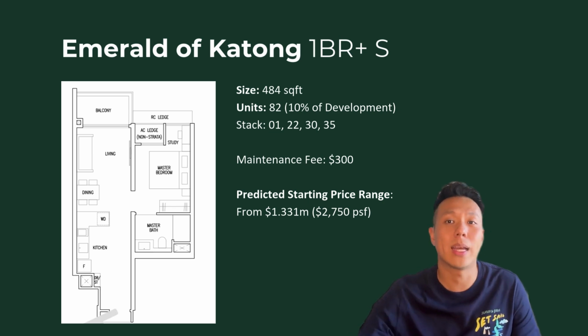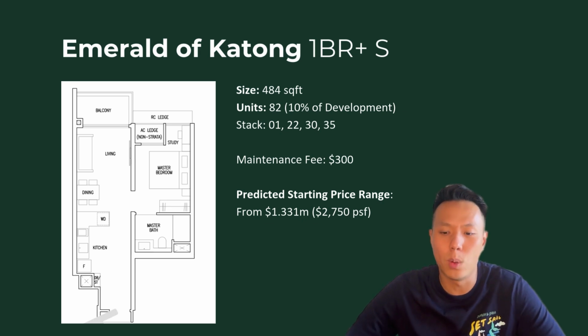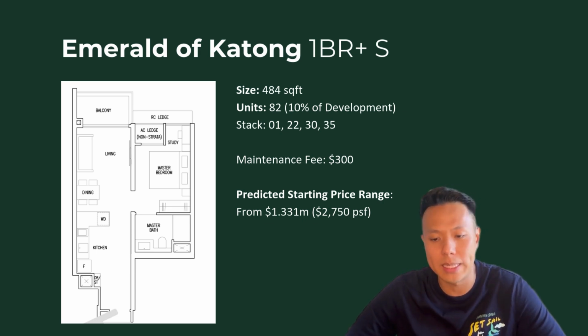Now, let's take a look at the 1-bedroom plus study layout. So the 1-bedroom plus study, there's only 82 units, which accounts for about 10% of the whole development. There's 4 stacks and it's also at 484 square feet. Maintenance fee is rather reasonable at $300, and the predicted starting price is about 1.331 million, translating